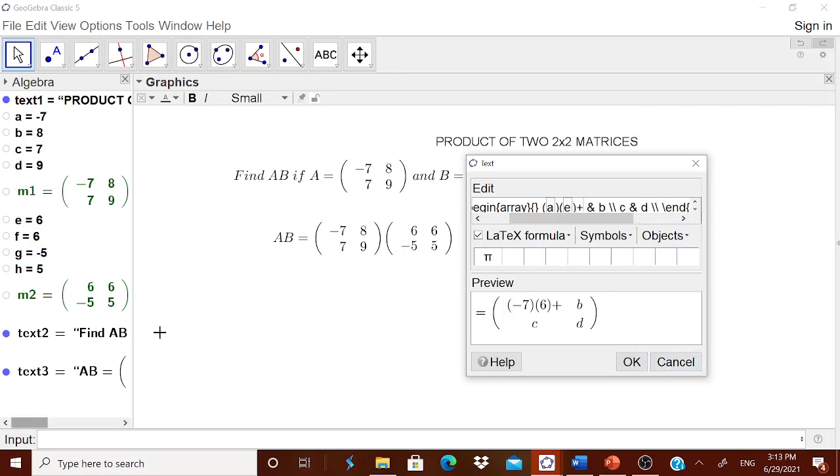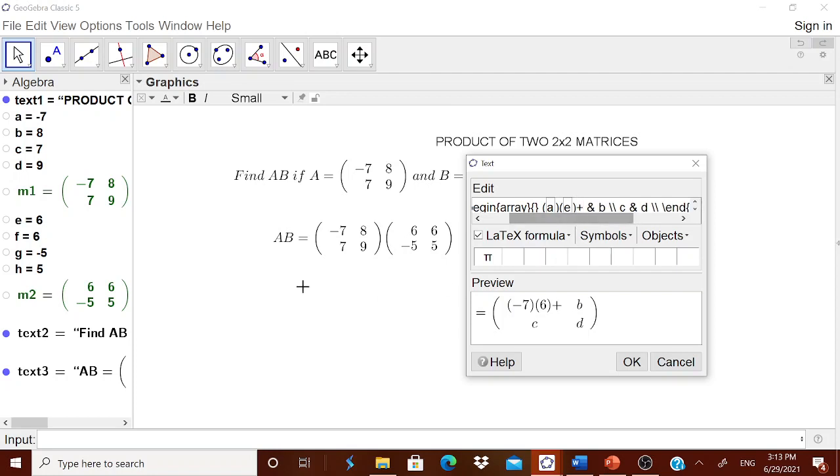AE plus BG. Therefore, I think once again bracket, in the bracket. Okay, I think we have made a mistake. Okay. Then this in place of B, AE plus BG.